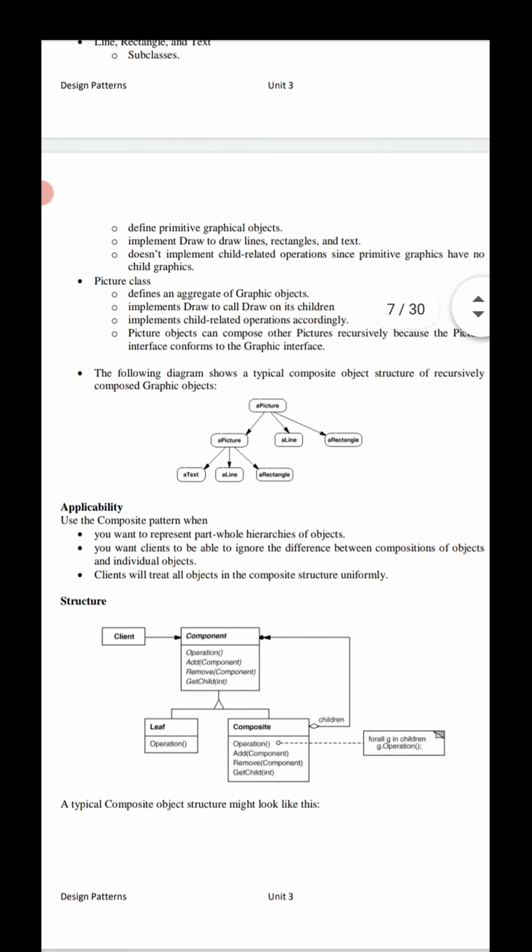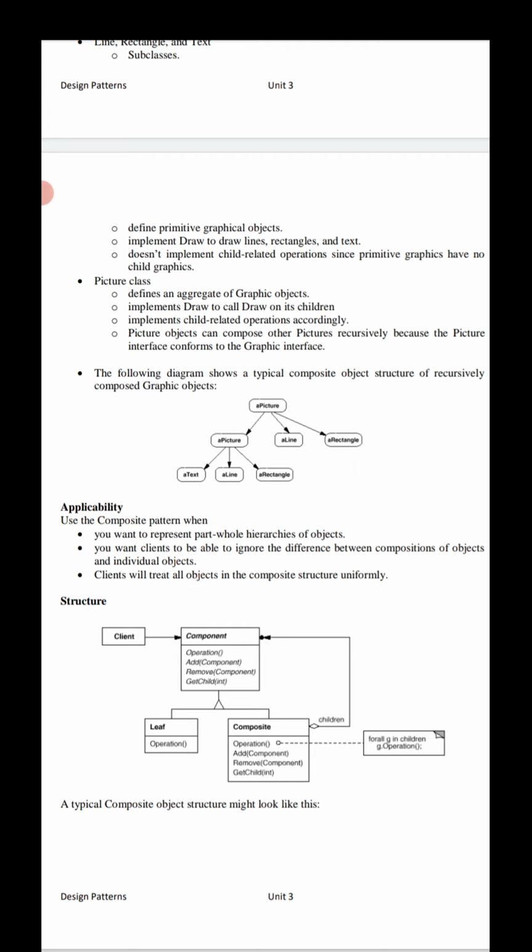Now look at the following diagram. The tree structure shows a typical composite object structure, recursively composed of graphic objects.